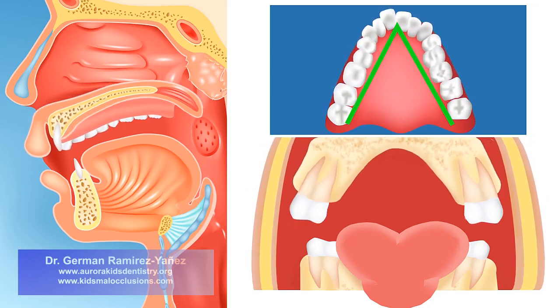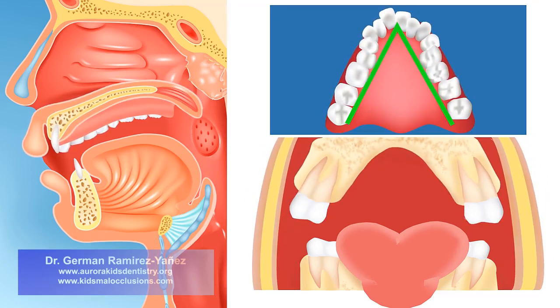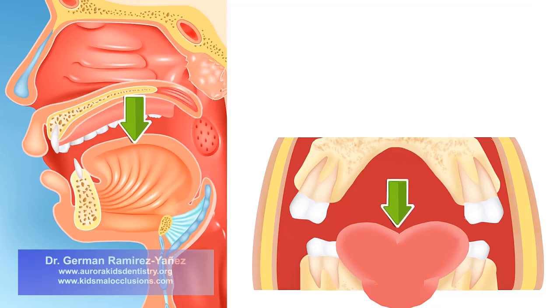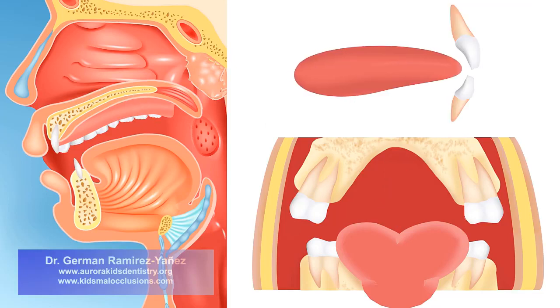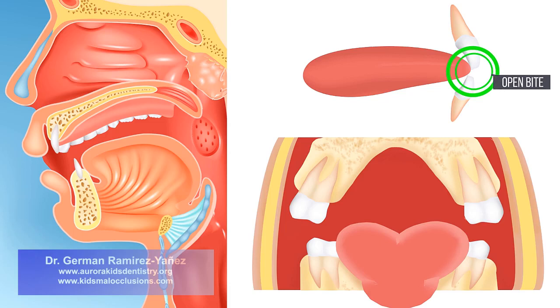Therefore, your teeth do not have space to properly align. This also produces an incorrect swallowing function. Every time you swallow, between 1,600 to 2,400 times per day, the tongue positions low, staying away from your palate. That forces the tip of your tongue to position between your upper and lower front teeth. That pushes your front teeth to show out of your mouth, and your tongue rests on the floor of your mouth, with the tip of the tongue between your front teeth. That is called an open bite, as your upper and lower front teeth do not touch when you close your